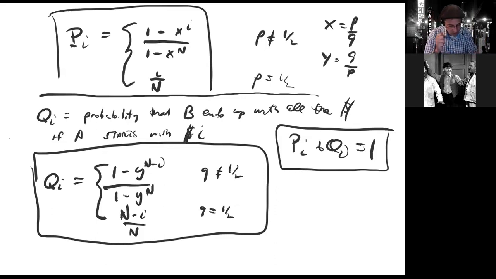If we take the two events that give Pi and Qi, those are complementary events. And it's telling me that Pi plus Qi is 1. So it's telling us with probability 1, either A wins, will end up with all the money,